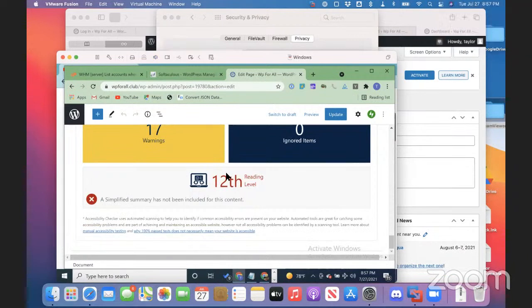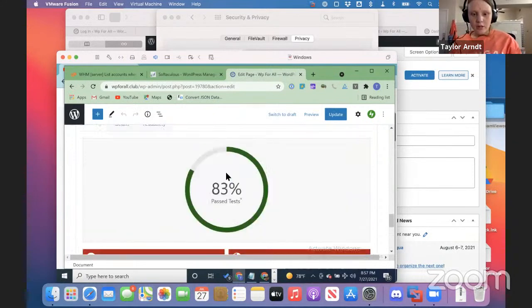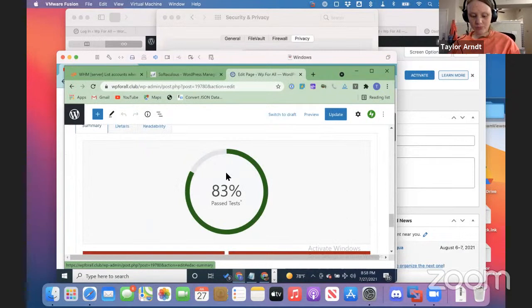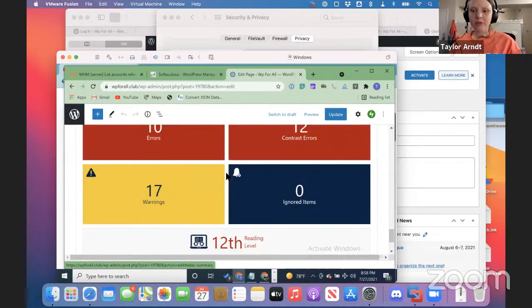Yeah, I agree. Okay. Publish button. All right, so let's look at some of these issues, right? Let's see what we got. Errors, accessibility level, reading 12, ignore 0, warning 17, contrast 12, errors 10, fast test 83. List with clickable link summary. I'm going to go to summary, I think, here. And again, very nice labels. Clickable link details, clickable link readability. Did my focus move, Michael? Because it doesn't seem like I moved.